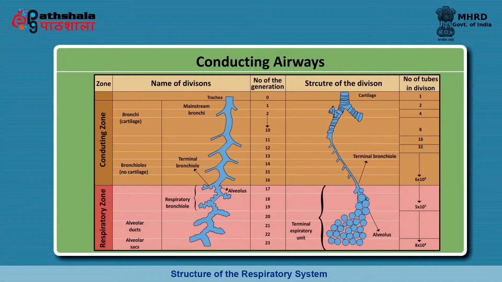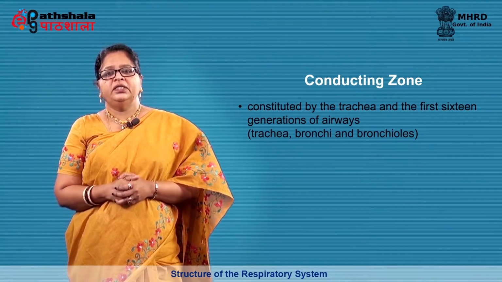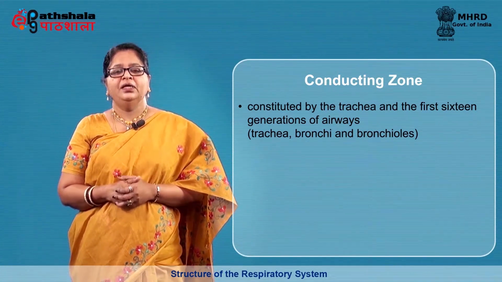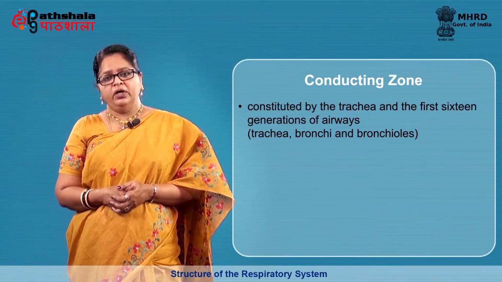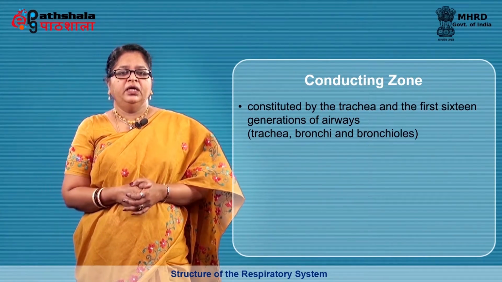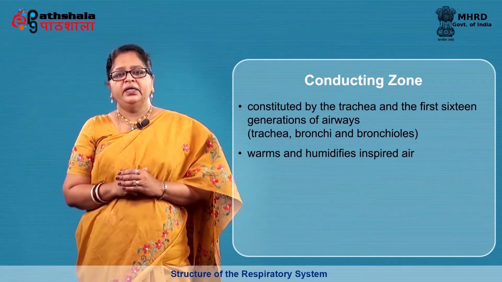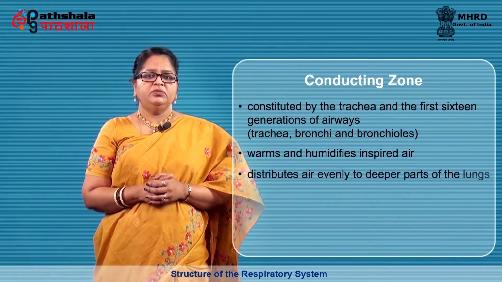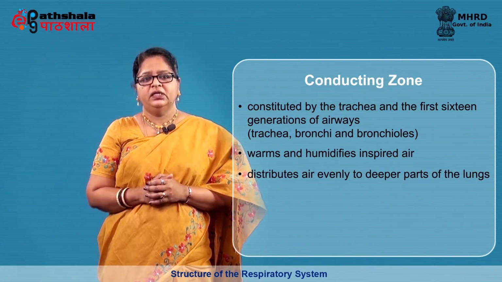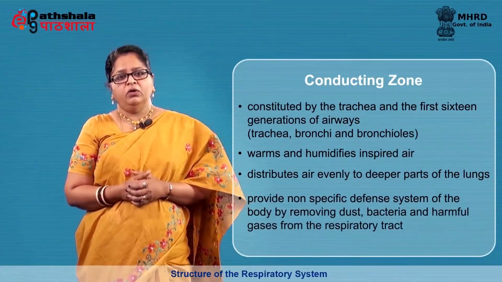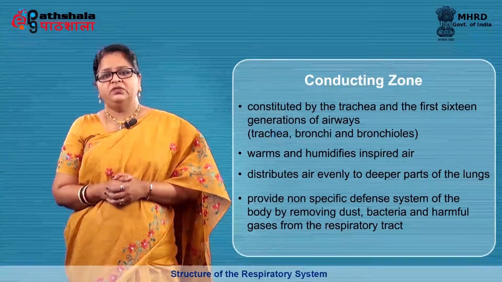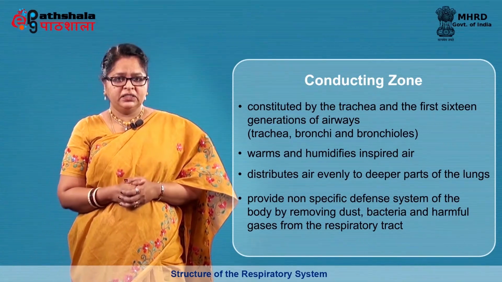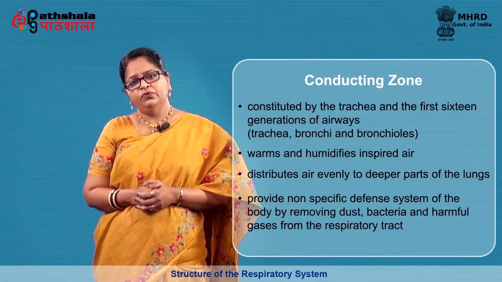the conducting zone. This zone is formed by the trachea and the first 16 generations of airways, namely the trachea, bronchi and bronchioles. In this zone, the inspired air is warmed and humidified. The air is evenly distributed into the deeper parts of the lungs. This area also provides a non-specific defense system of the body by way of removing dust, bacteria and harmful gases from